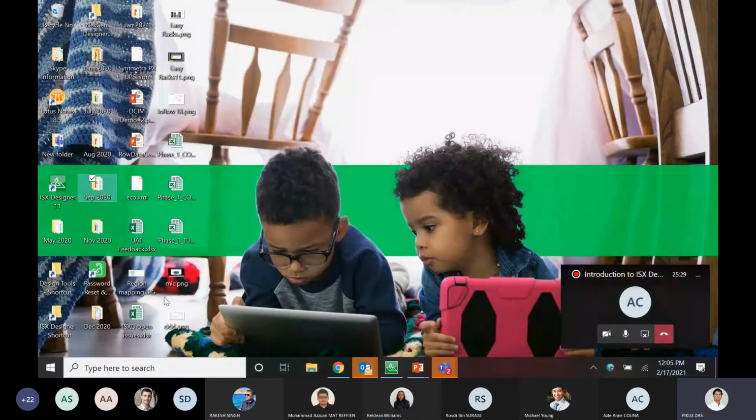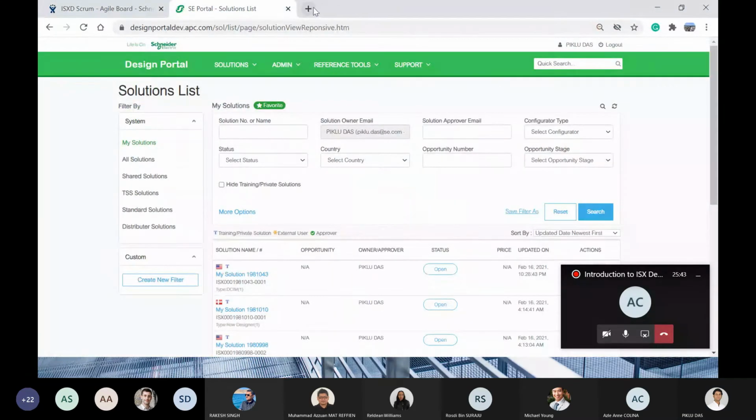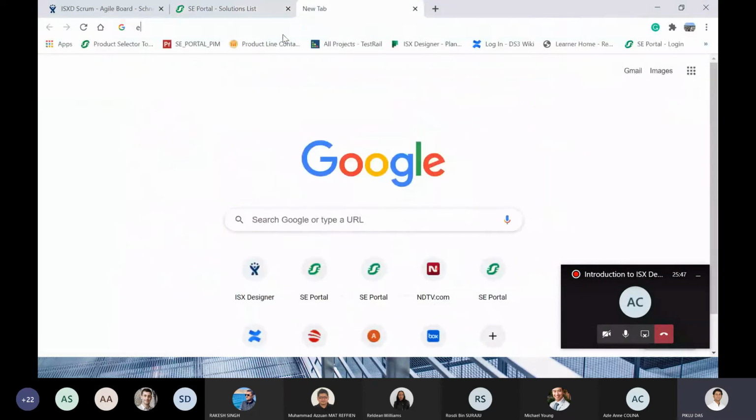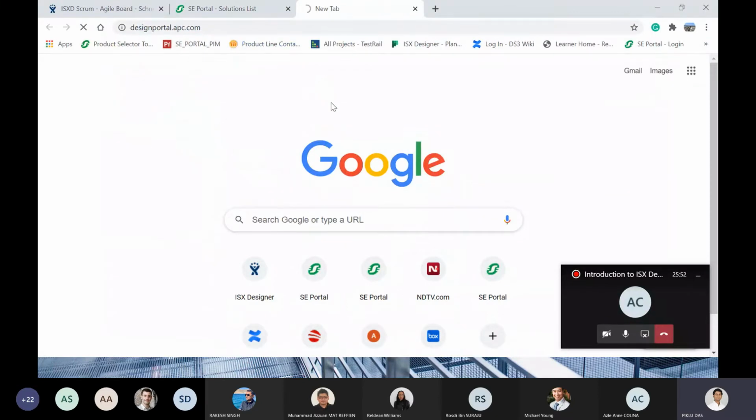So as I said, there are two ways of launching the ISEC Designer. You can double click on this ISEC Designer file directly from your desktop. This is one way of doing it. Another way would be to just log into our design portal application.